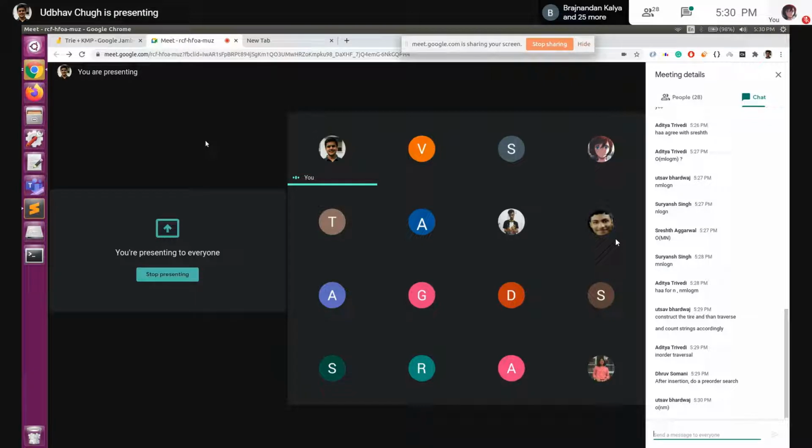Next is another important application where a trie is used: the autocomplete feature. Like you see on your mobile, when you're typing, there are words coming up based on what you have typed, to predict what you're going to type. Obviously they use a lot more things, but you can implement a basic autocomplete feature using a trie.